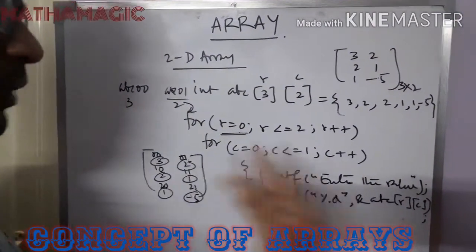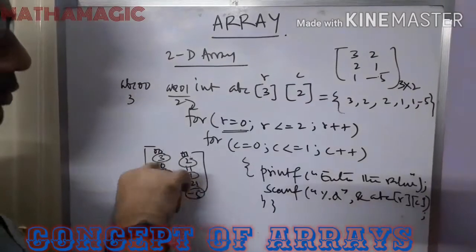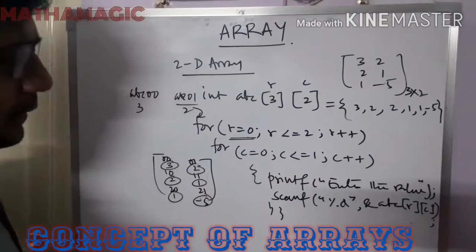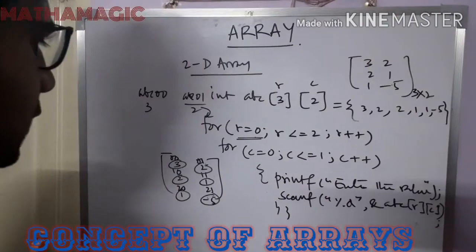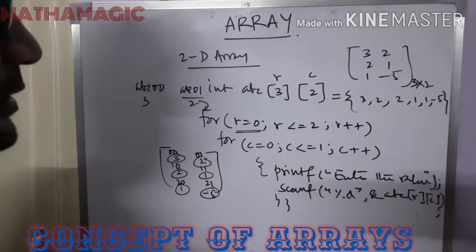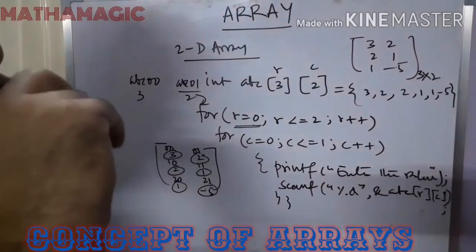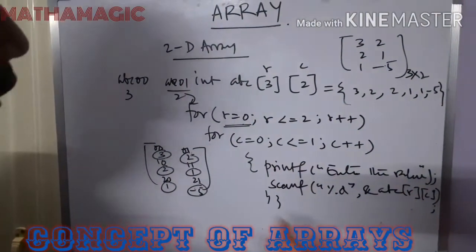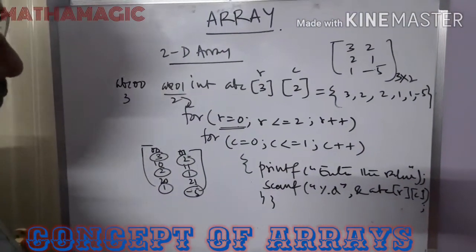In order to print it, we have to give this, because otherwise all the things will come in a straight line. That will not be in a matrix format. You will just get it on a straight line, so it will be a bit confusing. In order to give it a matrix form, we are just using that one.